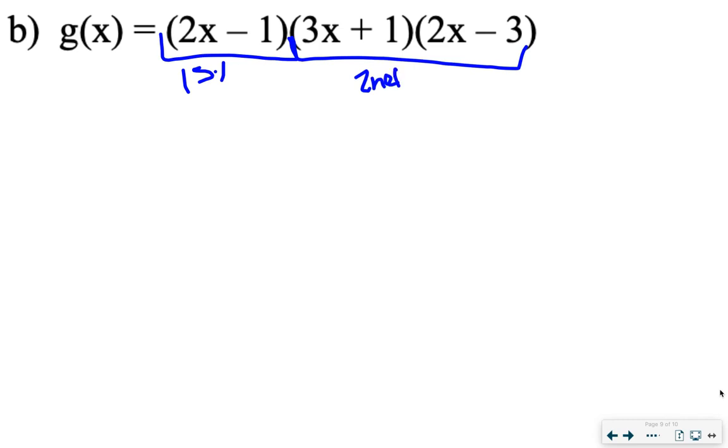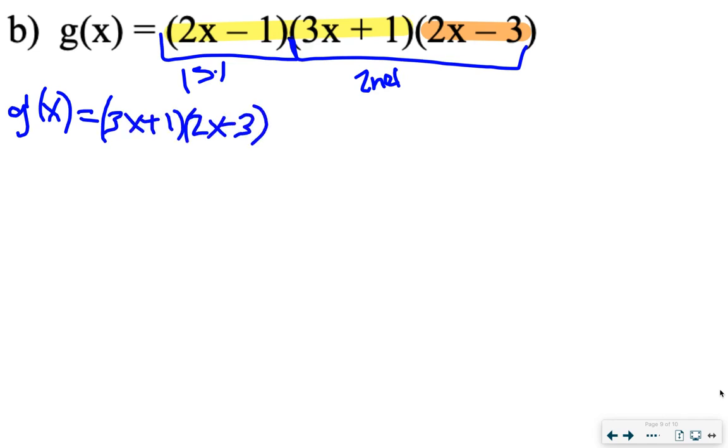Again, I still have a product rule inside of a product rule. You can get the same result if you look at it as there's my first and there's my second. Either one, I'm still going to get to the same answer in the end. So I'm going to do it with my first and second in blue there. So my g prime of x, so my second, that's my 2 brackets, 3x plus 1 times 2x minus 3, times the derivative of my first,